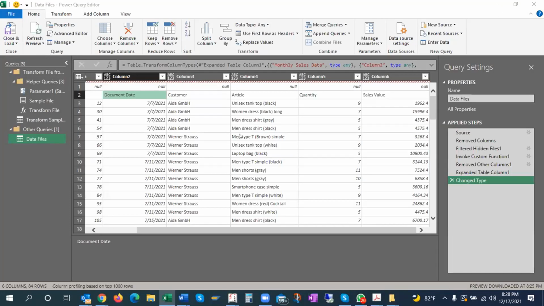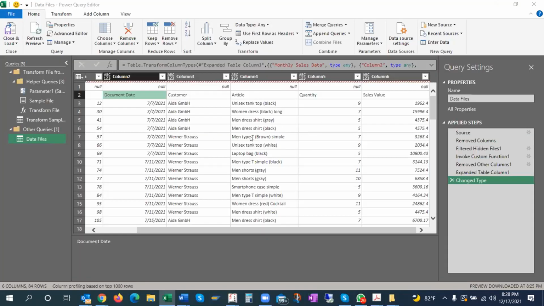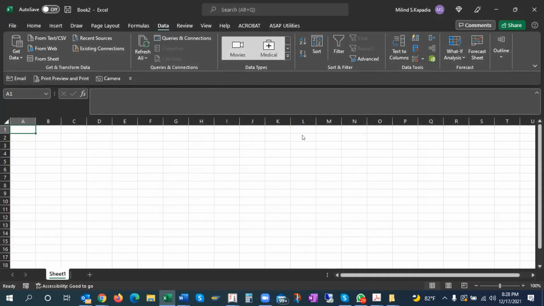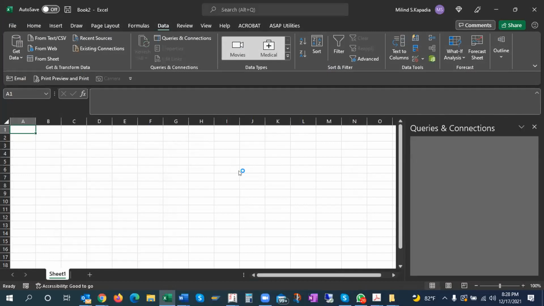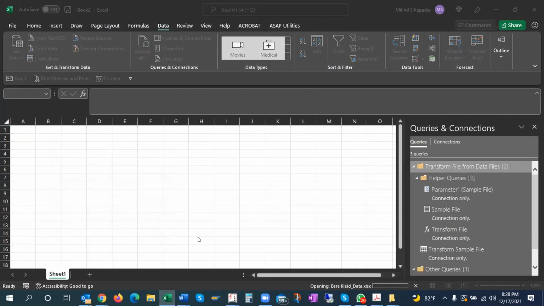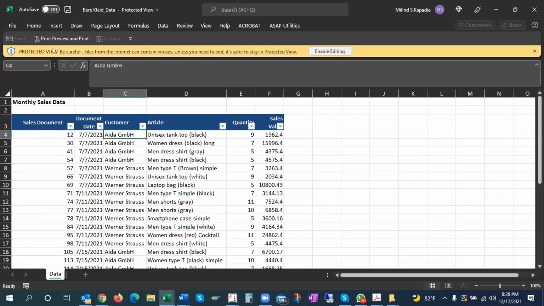You cannot open this unless this Power Query editor is closed. So to save my time, I will just say close and load as connection only. I will not create a table. So I say okay. So I have created a connection. I go to data here. When I say open, I opened up the data.